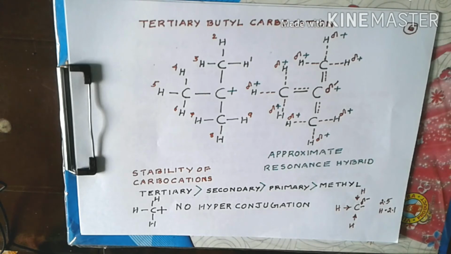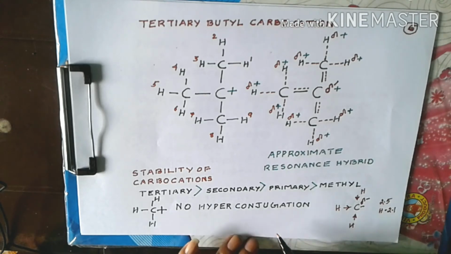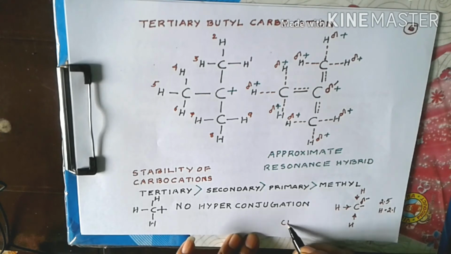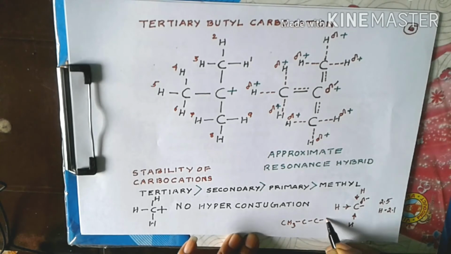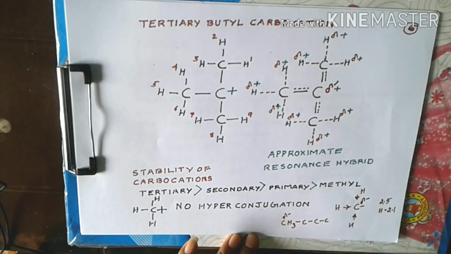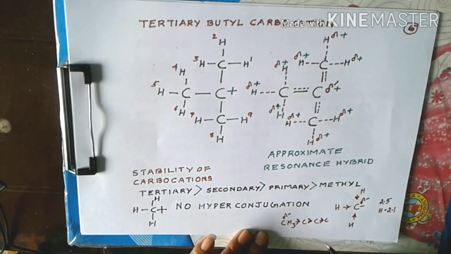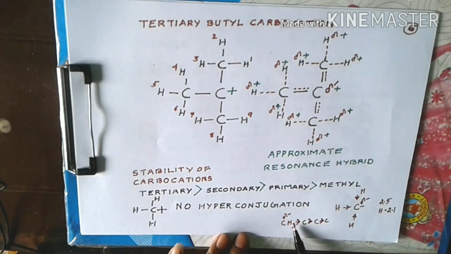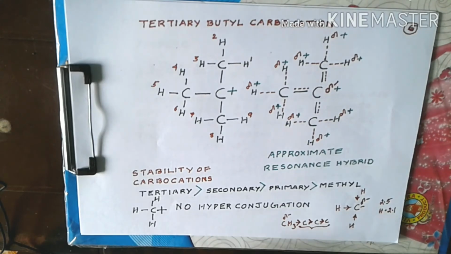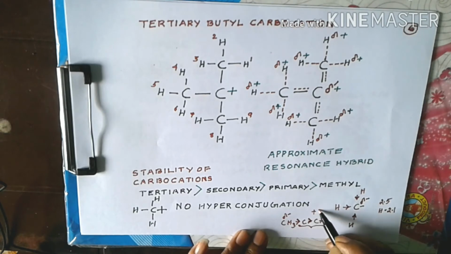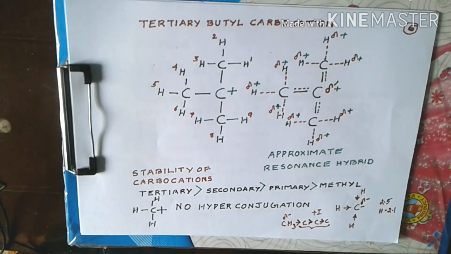So when such a group, that means a CH3 group, is connected to a carbon chain, due to the delta negative charge of this carbon atom, there is a pushing of electron pair towards the other carbons, so that we say electron density is injected into this carbon chain by the methyl group, and this effect is called plus inductive effect or plus I effect.